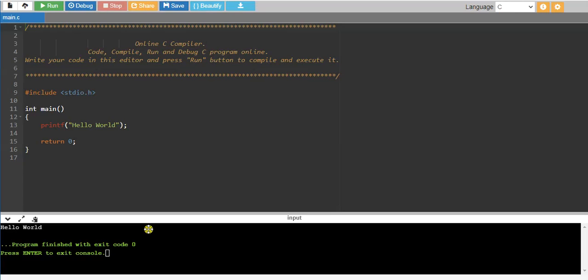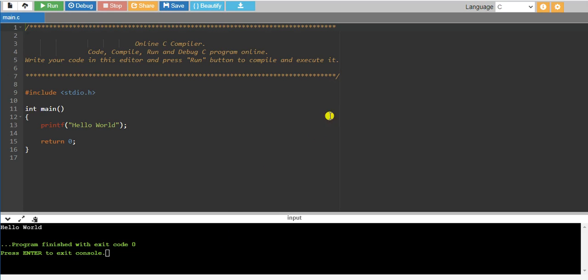In the previous session we discussed a C program for transposing of a given matrix, and we also came to know how easily we can write a C program for transposing a given matrix, and we also understood what is a matrix. Now in this session we will move to the next experiment, that is addition of two matrices. That is, write a C program for addition of two matrices.